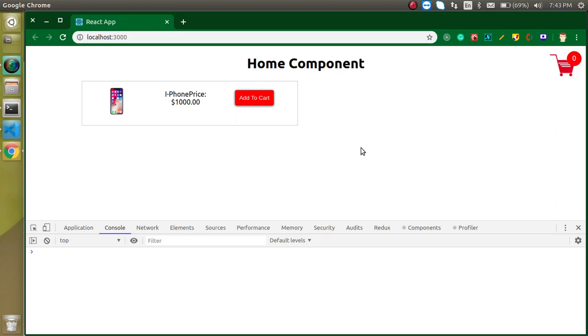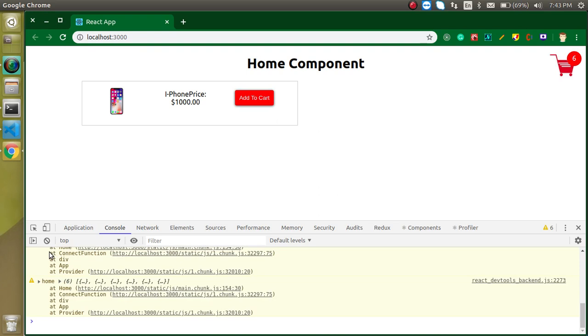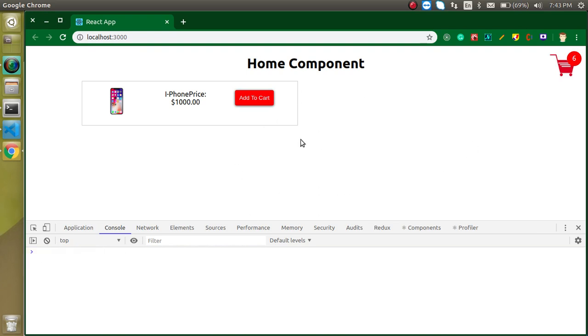My name is Anil, and in this React and Redux video tutorial, we will check how we can send the data from one component to another component, because this is the primary use of Redux: sharing the data between multiple components, right? I told you this in the initial videos. Now our Redux flow is completed and everything is working fine. When we click on add to cart, the data is added to the cart and we are able to see the count here. But all of this is happening in the same component.